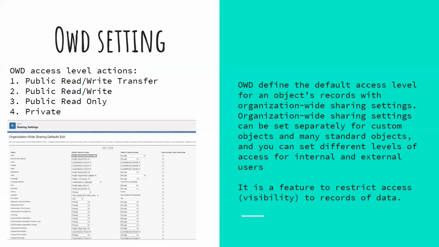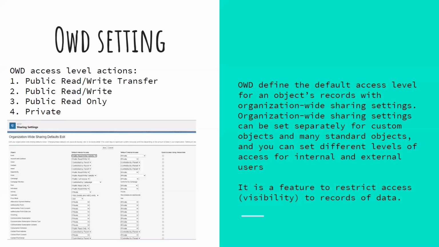OWD settings, or what we call the organization wide default setting in Salesforce. If you define OWD in Salesforce, then it's the very baseline, or we say default, access level of settings which a user gets while getting a Salesforce license in a Salesforce org. As you know, we can grant access through other means like sharing rules or role hierarchy or using a profile or some manual sharing or Apex sharing. But if we talk about OWD, we can specify the default level of access users have to each record. So this is what the OWD setting is called.